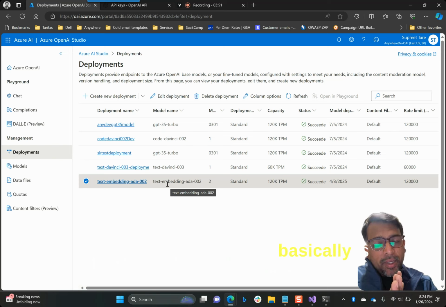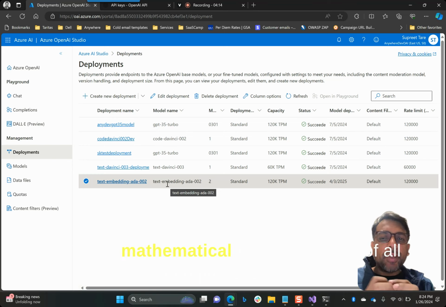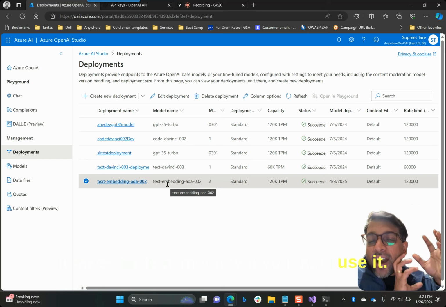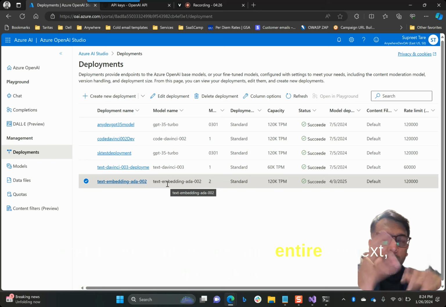right? So what embedding does basically is it breaks that data down into mathematical expressions which are short, which take a very small footprint when it is saved in the disk or wherever you want to save it. There are multiple ways where you can save it. So what embedding does is it compresses all of that data, it encodes all of that data, it creates mathematical expressions out of all of your historical data and saves that into a place. If you don't use it and you want to save this entire context, the history, it will take a lot of memory, it will take a lot of database space,